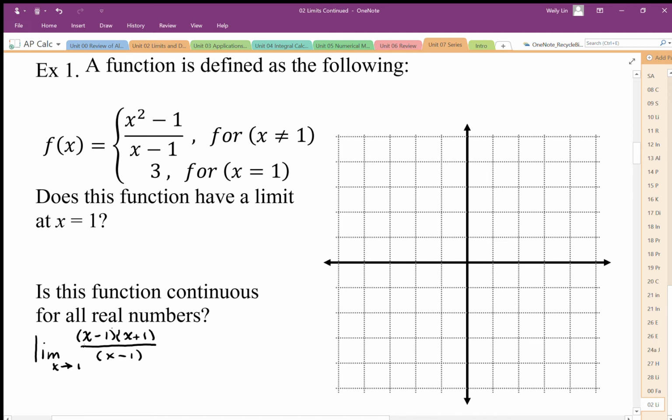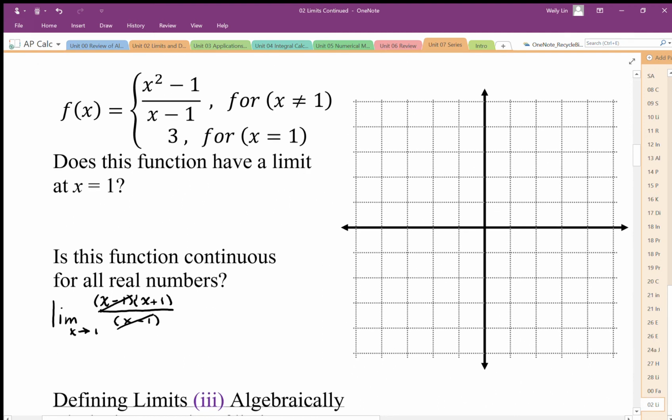Well, we can simplify it algebraically here. Okay, and then see if we can evaluate the limit at x equals 1. So when I plug in x equals 1, we end up with a value of 2. And it's a two-sided limit, so it does have a limit. So if the limit equals 2,